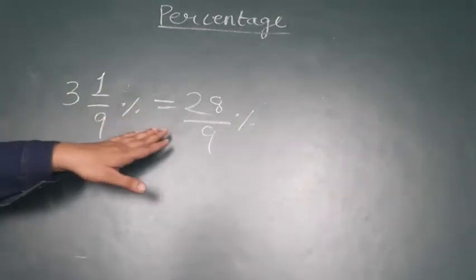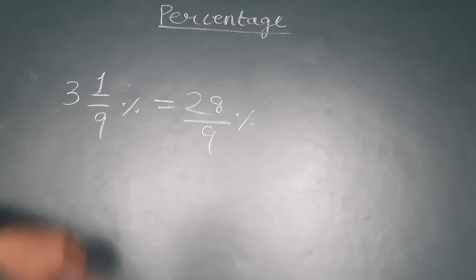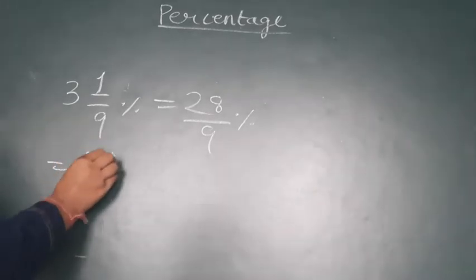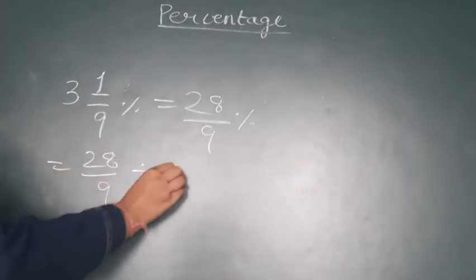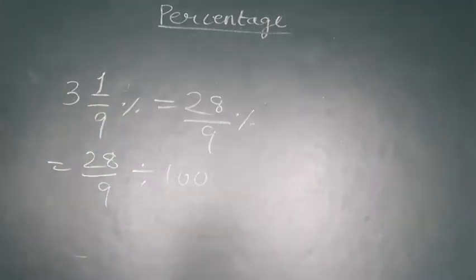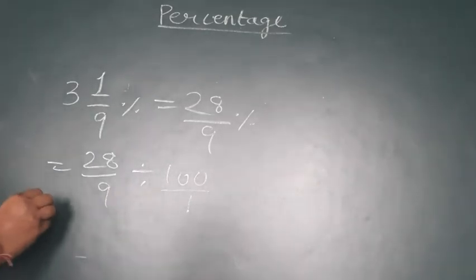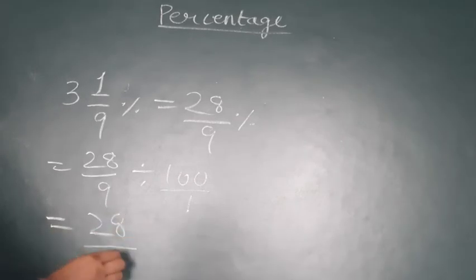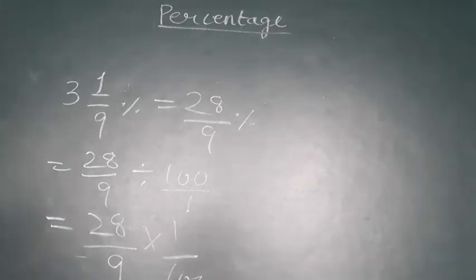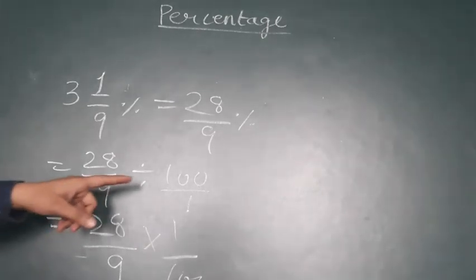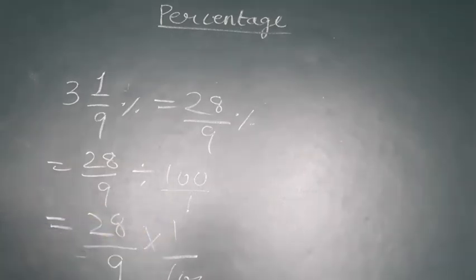So whenever it is a percentage, to convert it into a fraction we have to divide it by 100. So 28 upon 9 divided by 100. How to divide fractions I have already told you in the previous video, when I was explaining the topic average. If any of the students remember, you can comment down in the comment section. The procedure was to take the reciprocal of the second fraction and multiply it with the first one, right? So this is the way to solve. So I have taken the reciprocal, 100 upon 1 will become 1 upon 100.